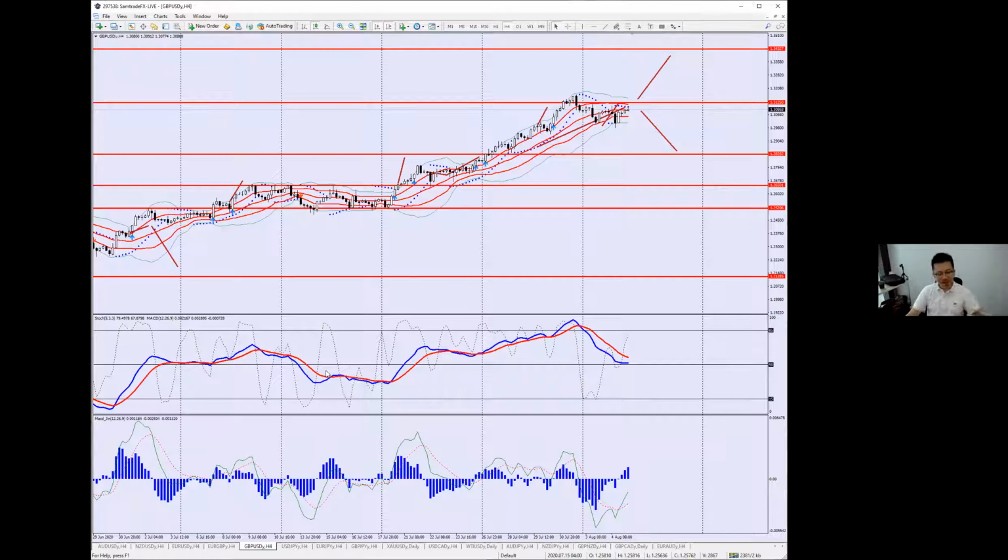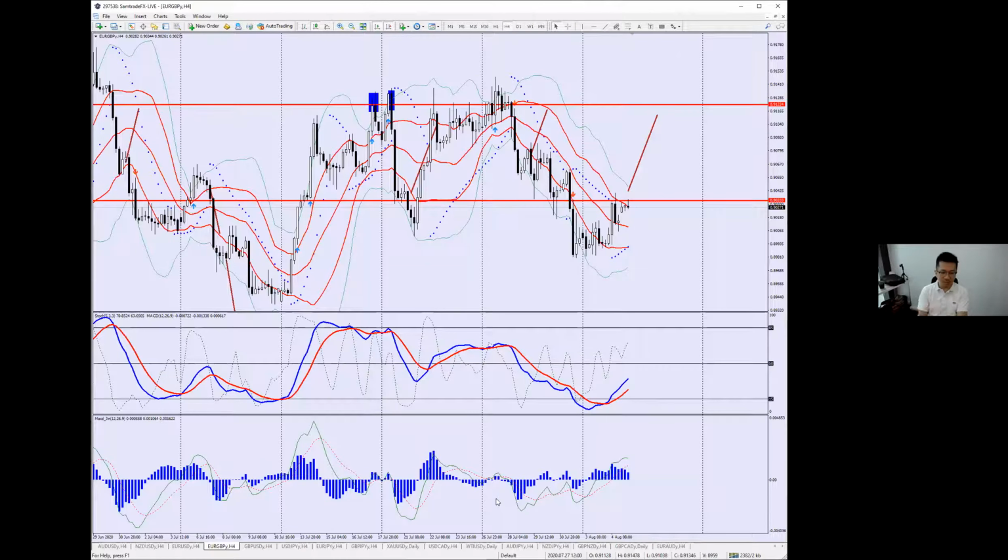But things that have actually moved, we look at the euro pound. Whenever we look at the pound US dollar, we also pay a bit of attention to the euro pound because there's slight correlation there. When I spoke about the euro pound yesterday, it was sitting about somewhere there. I was saying that I will let it go up to 0.9033. If it breaks that resistance, then look to buy it up above, towards the 0.9122 level.